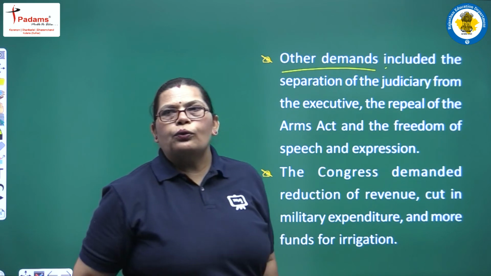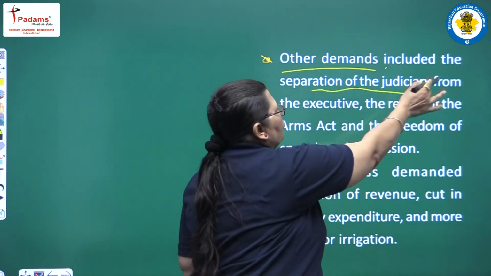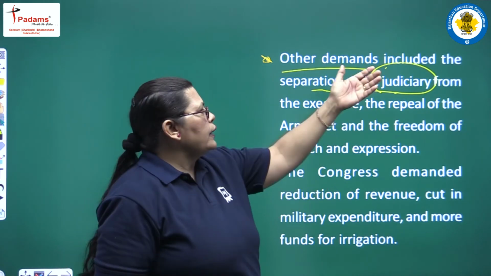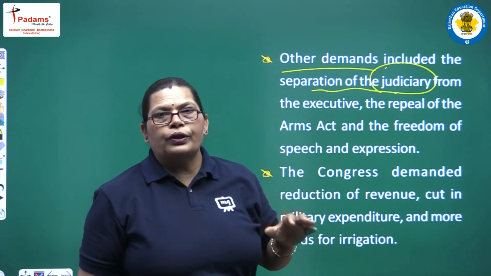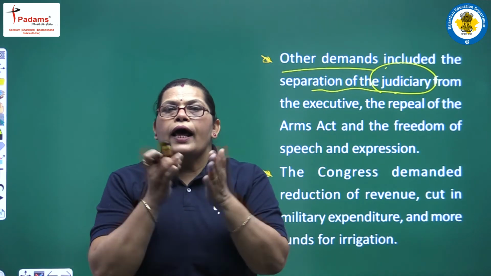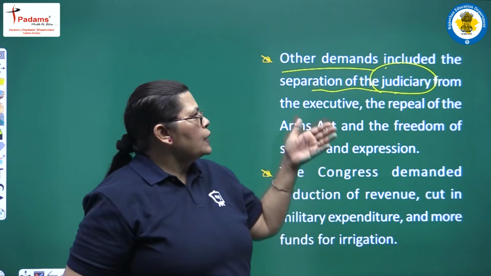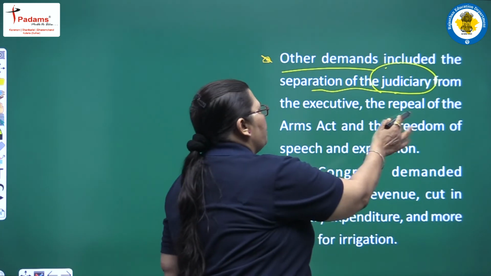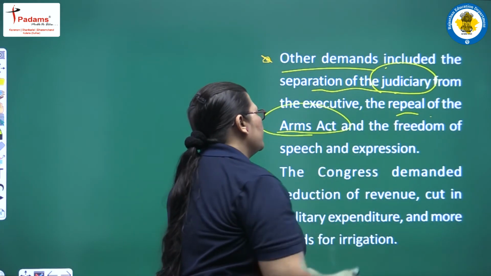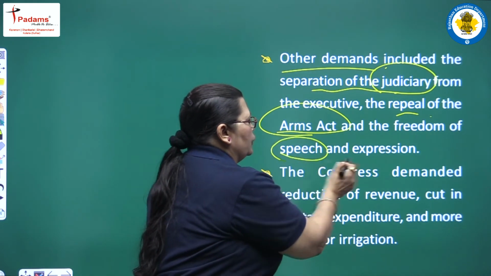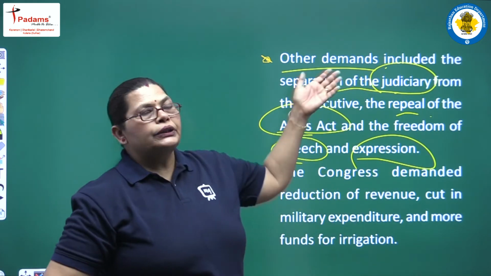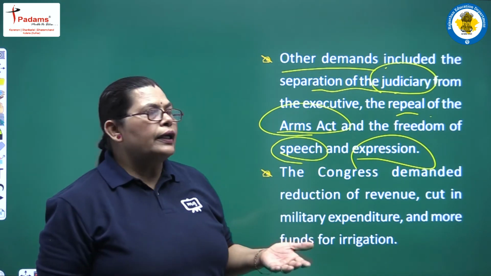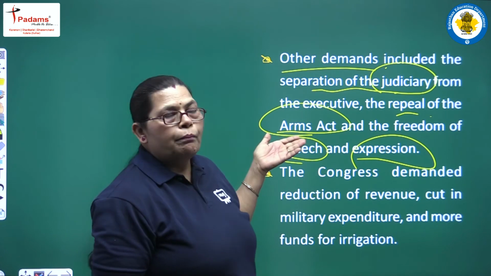Other demands included the separation of the judiciary from the executive. This one also arose at that time, that judiciary and executive, these two are different things. So it's better that these may be separated. The repeal of the Arms Act and the freedom of speech and expression. Not only judiciary and executive, other demands also arose from the people of India